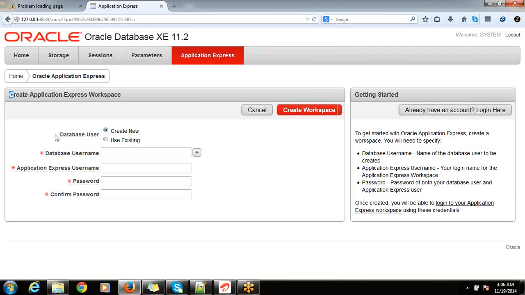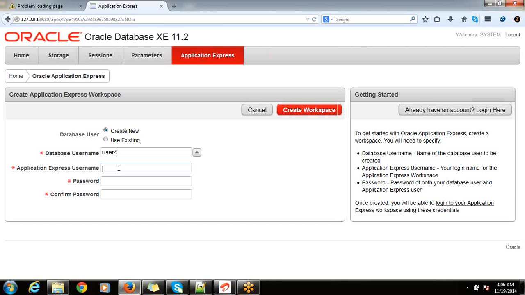Here you can see database user and create new. By default it is chosen. Here you give your name or a user account you have to create. I generally give user 1. I already have user 1, user 2, user 3 accounts, so I give a new user account, user 4.